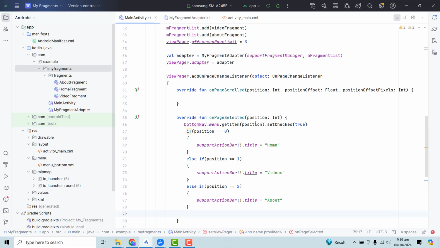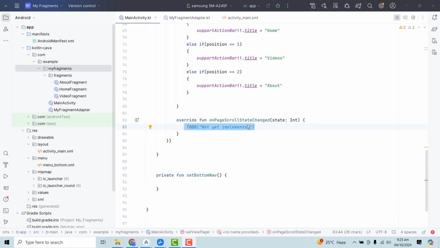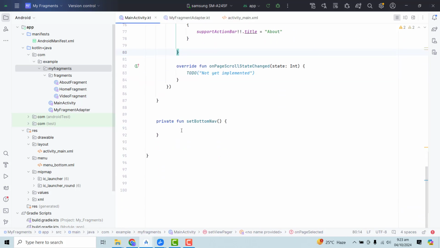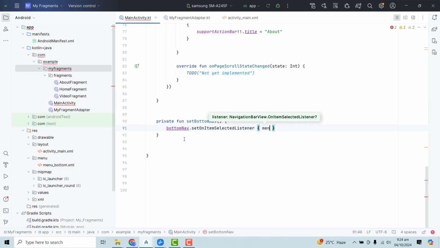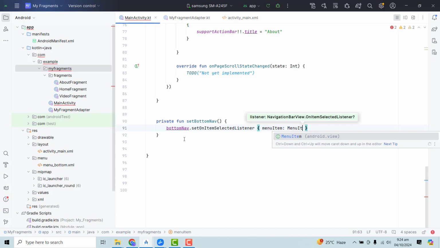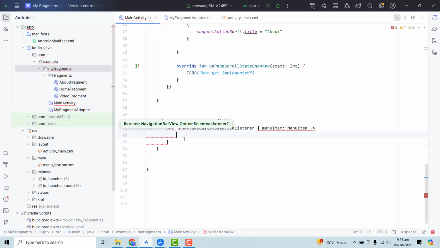Alright, now we have to go to the set bottom navigation view method, and inside that we have to use the set on item selected listener, so that whenever the item is selected we have to set the view pager to that item. Alright, so here first of all we have to write bottom navigation view dot set on item selected listener. Inside that we have to use menu item, we have to use the lambda,